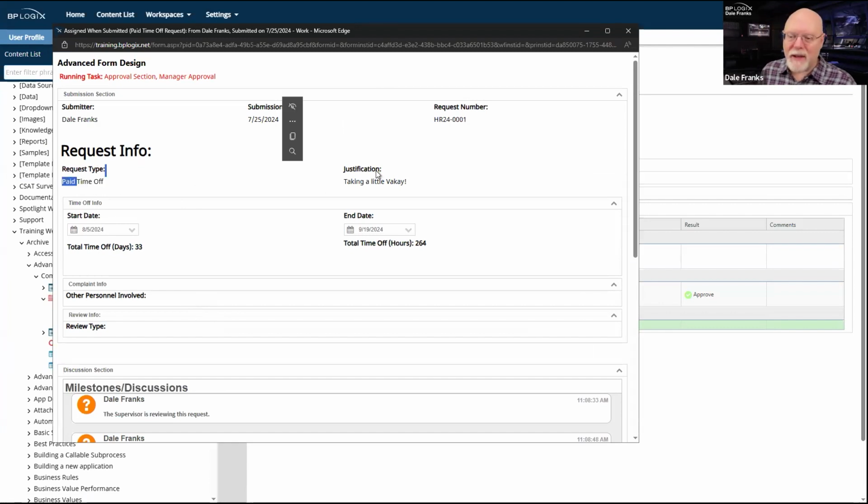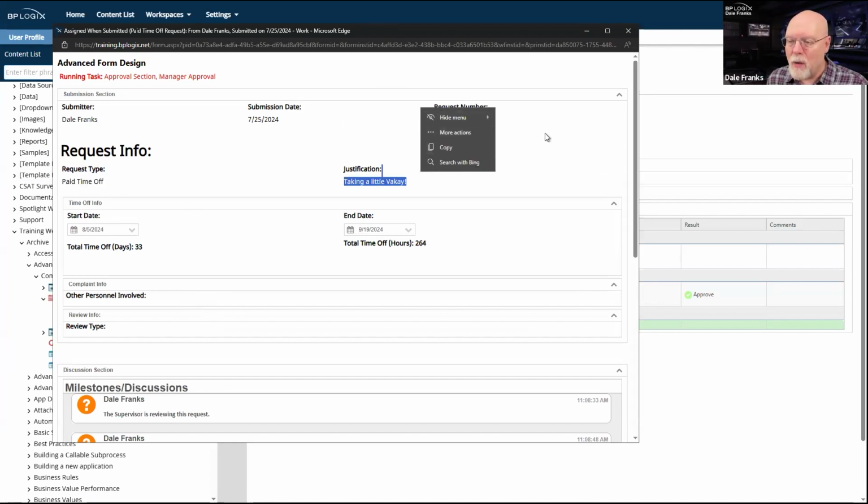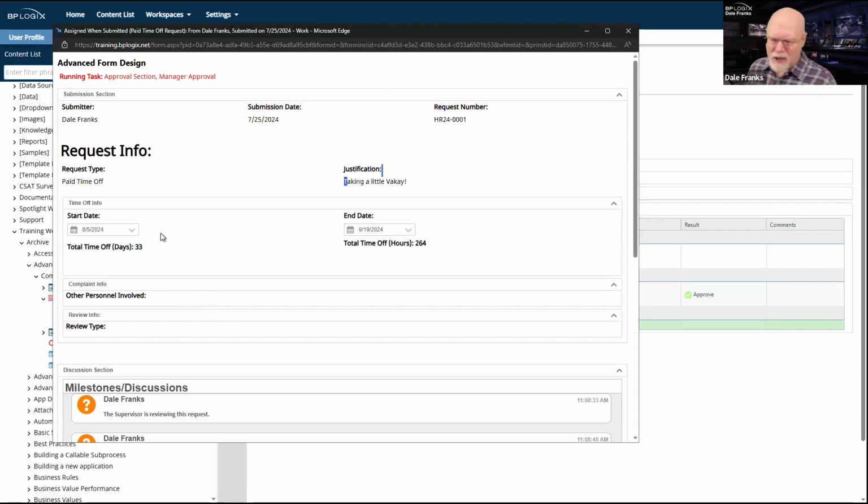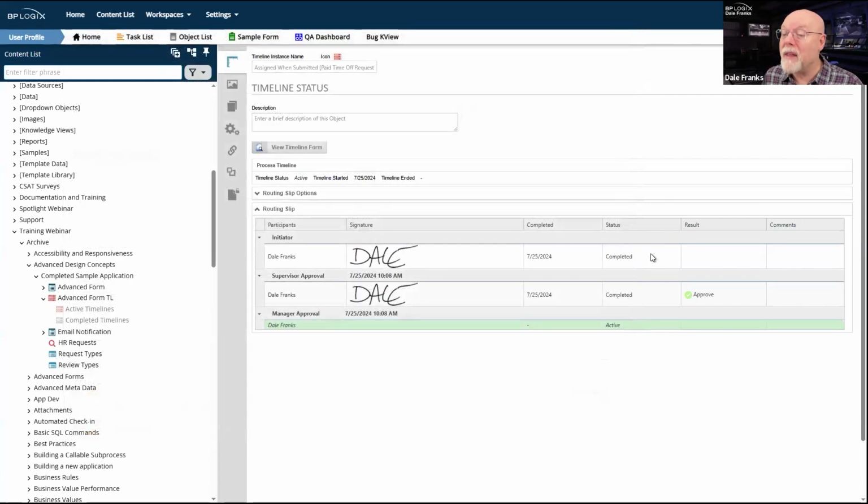So if some of this stuff up here needs to be changed, well, you're not going to be doing it in the form because you don't have access to these fields. Now, these fields are still there, and you could conceivably change those, although that's because this is only a partially configured form. And in the real world, these would be also disabled, so you wouldn't be able to do anything. I can see the form, just can't do anything to it. Or so you might think.